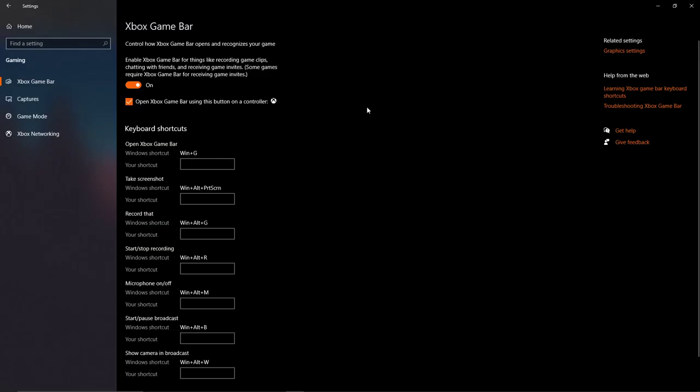Hold the Windows button and G at the same time, and as you can see, this Xbox bar appears. And now to record, just click here, Capture. This capture panel appears here. And now to record, just click the circle, and now you're recording. As you can see, this window appears here that says we are recording. And to stop, just click this button, the rectangle,